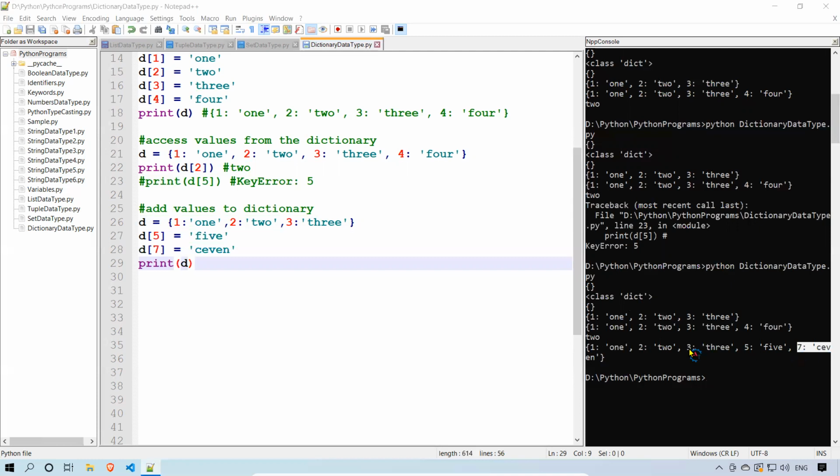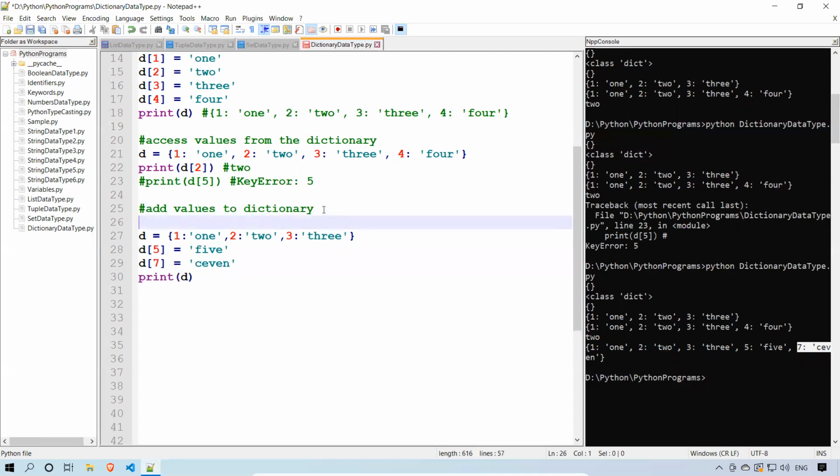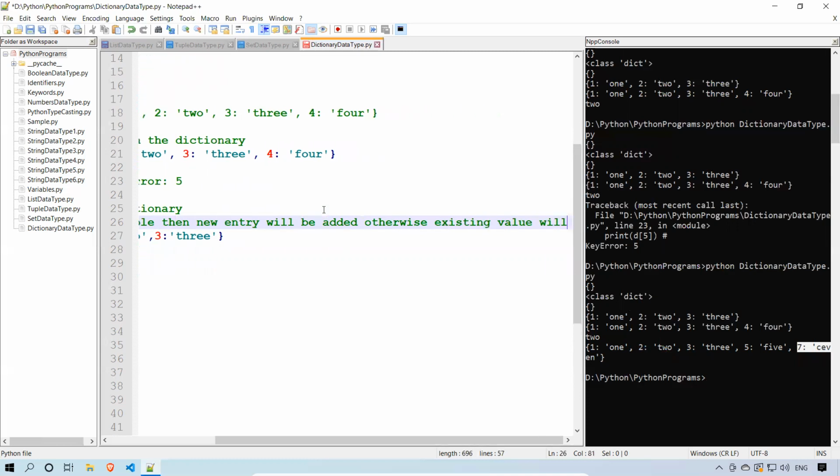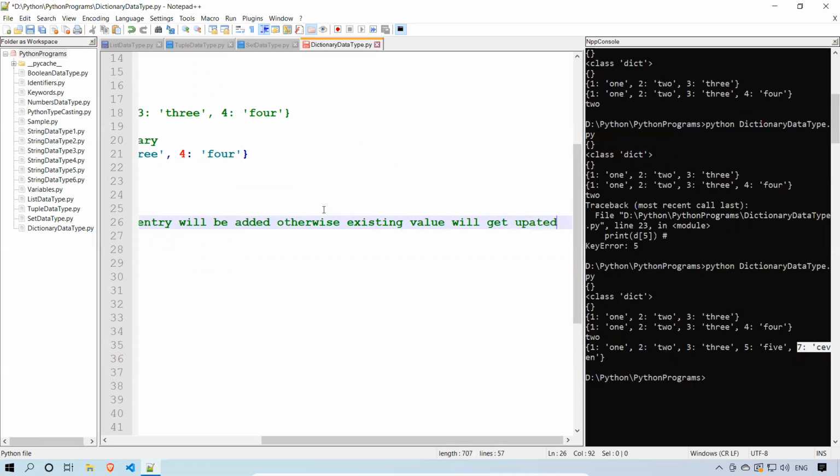So if the key is not available, then a new entry will be added, otherwise the existing value will get updated.